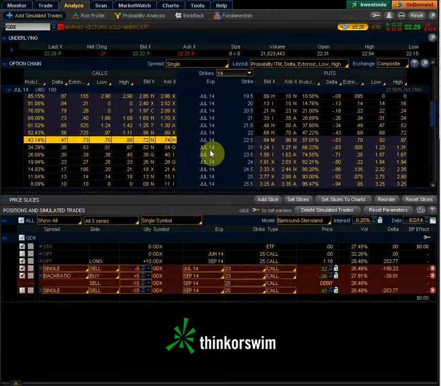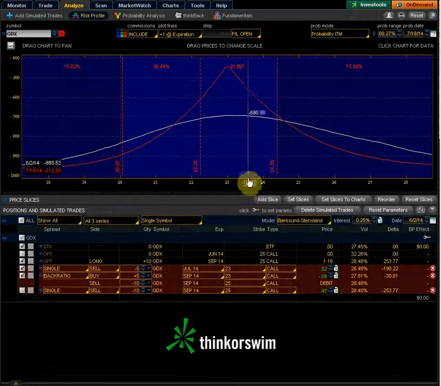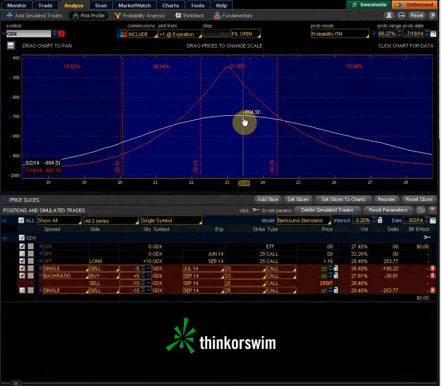Or 50 cents above the 23. So let's take a look at that again. So we got 23, we go up to 50 cents. So that's about where this price right here is approximately where not selling this option becomes an advantage. Everything to the left now at this point, it's to my advantage to have sold that. So I've really protected myself a little more on the downside, unless it moves all the way up to 23.5,